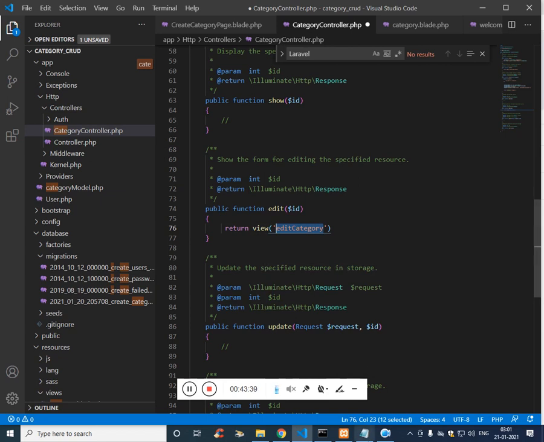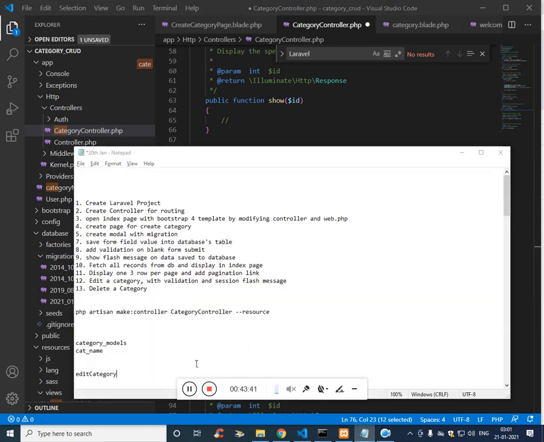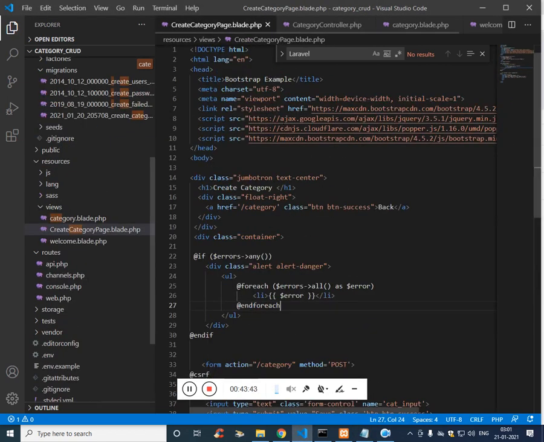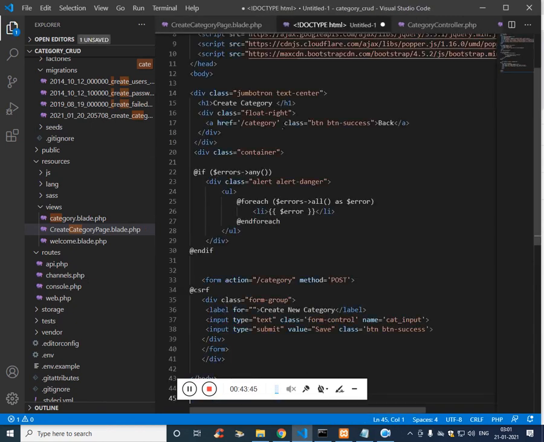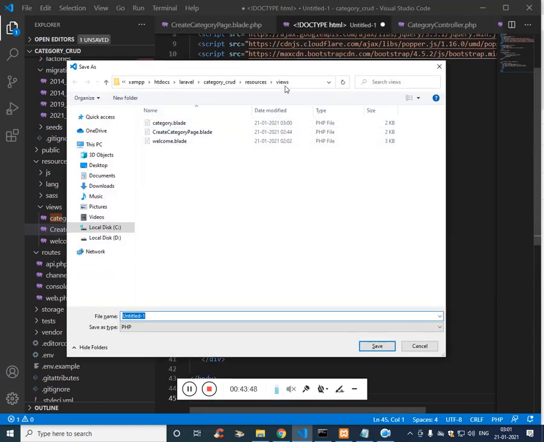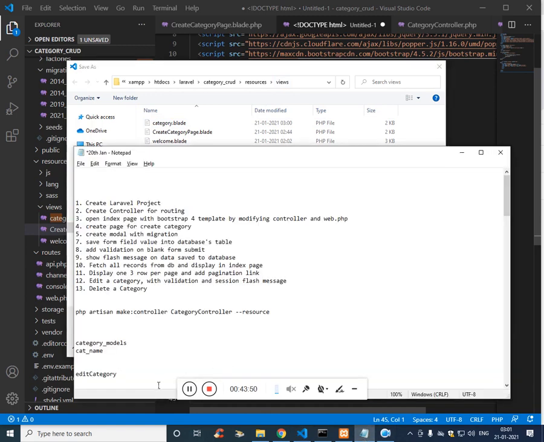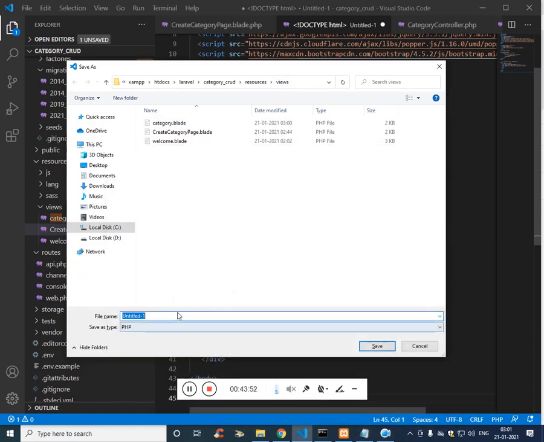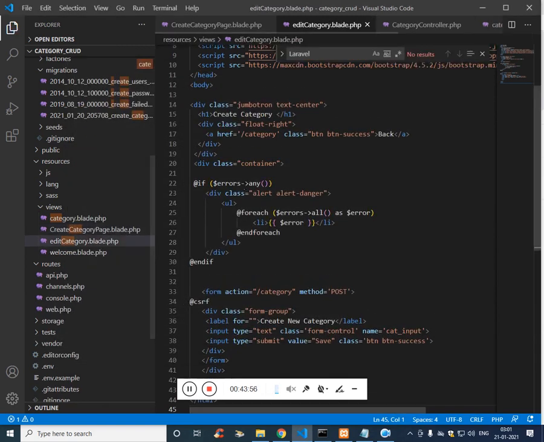We haven't created the view yet. It is simply the same as create, control N, paste, and let's save it inside views and call it by the name which we have used on the controller, dot blade.php, and here it is simply edit.